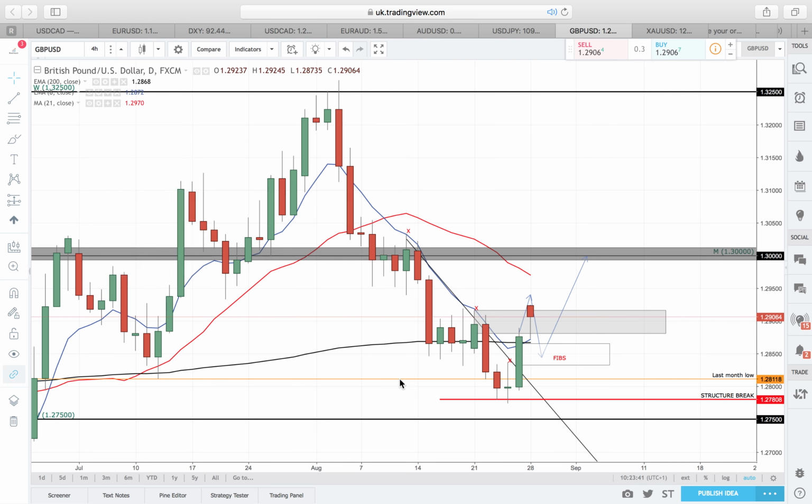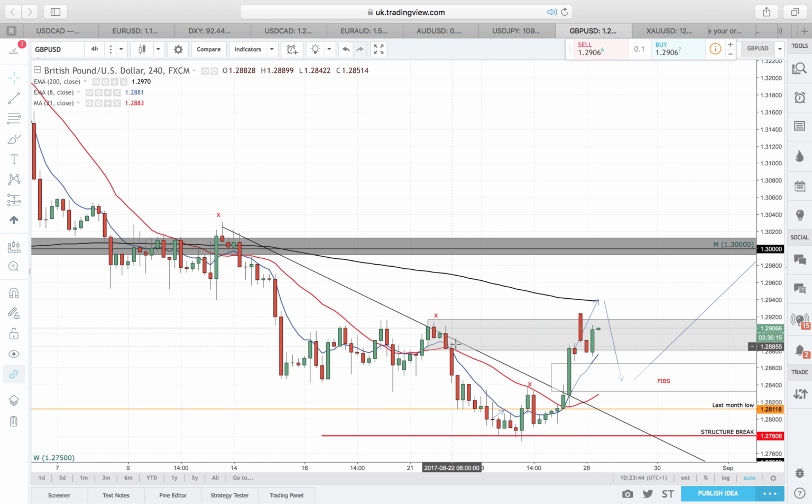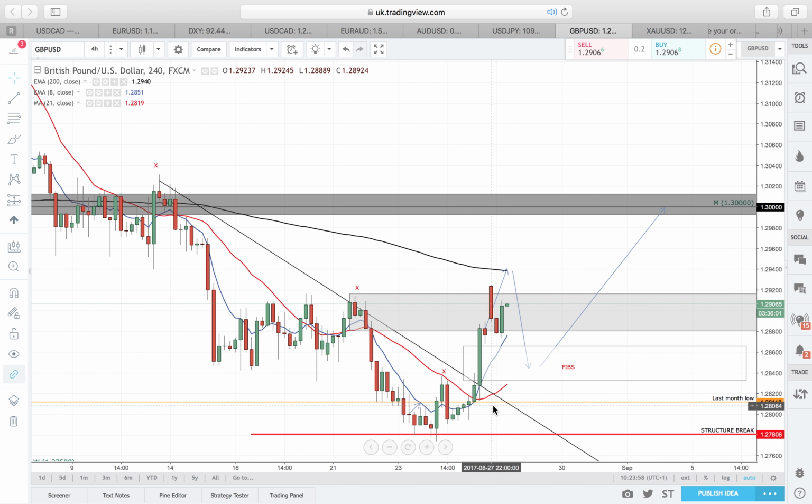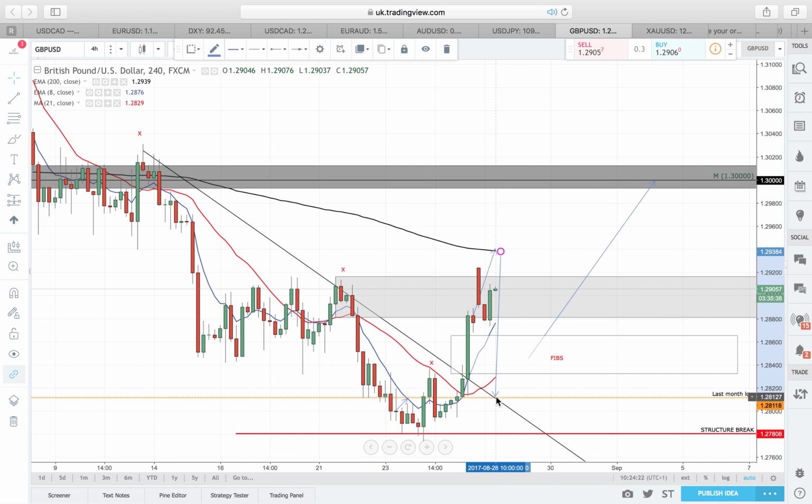On the 4 hour chart, when I analyzed this on Saturday or Sunday, I wanted market to take out this high here, and then retrace just to confirm we are going to move bullish. I don't want the retracement to be too deep because I'm not expecting dollar to gain too much. But because this trend line doesn't look like it's been retested, we could get a deep retracement in which this trend line is retested, and then bullish evidence, and it moves up. But I don't want that deep of a retracement really, because I don't think dollar's going to gain that much.